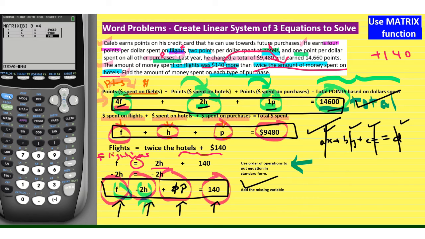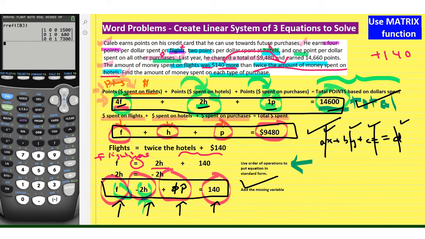Now I'm going to go completely out of my matrix function window. So I'm going to push second quit, and then I'm going to go ahead and go to second matrix. And now I'm going to choose the math function, RREF, and it's right there, RREF, and I'm going to choose that option. I'm going to tell it to look at that matrix where my data is stored, and I'm going to do second matrix, and I'm going to tell it I want the second one, the 3 by 4 matrix. So I'm going to go down, choose that one, and say yes, look at that data. Close my parentheses, enter,